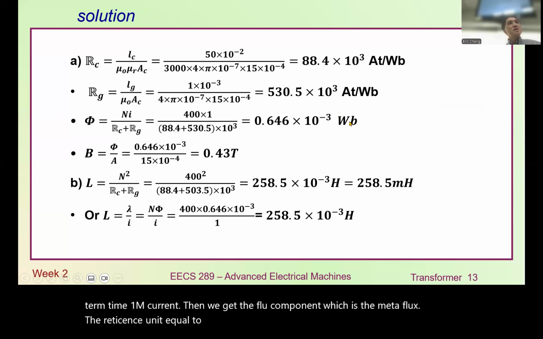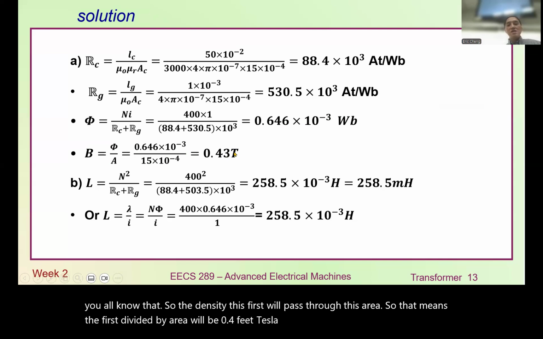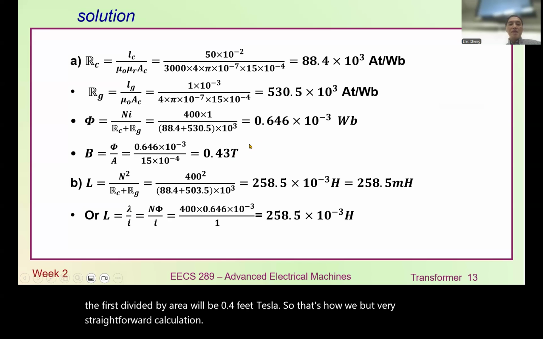I think you do need to memorize that, right? I think you all know that. So the flux will pass through this area, so the flux density is the flux divided by the area, which is 0.43 Tesla. So that's how we got that. Very straightforward calculation. So after that,